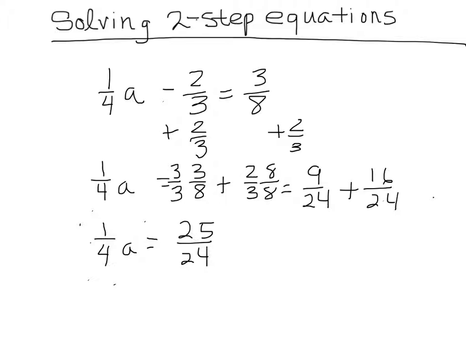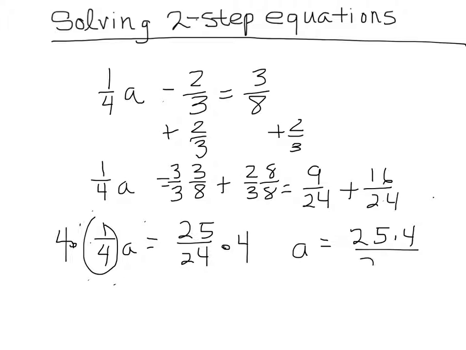And I could divide, since it's being multiplied by 1/4, I could divide by 1/4, or since it's a fraction, I could multiply by its reciprocal, which is 4. And so now I have to multiply the other side by 4 in order to keep things balanced. So I end up with a is equal to 25 times 4 over 24, which simplifies to 25 over 6,